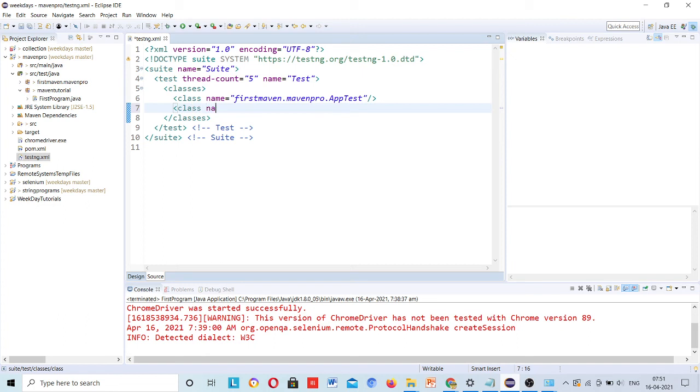Class name is equal to package name, which is Maven tutorial, and class is first program. I am only running the first program. We will see it in detail in sessions from Monday. But we have a session on this this weekend as well.